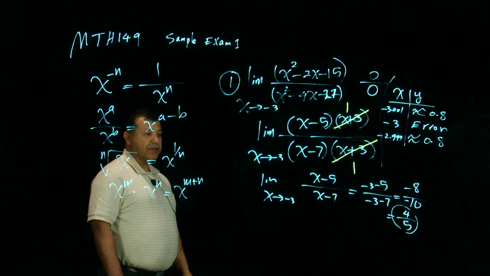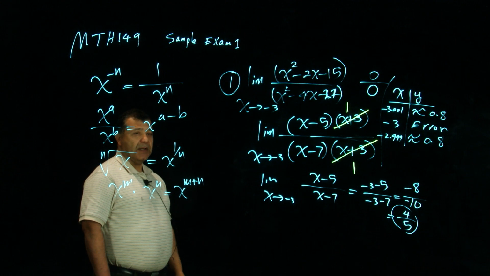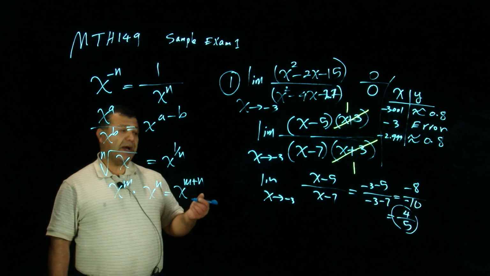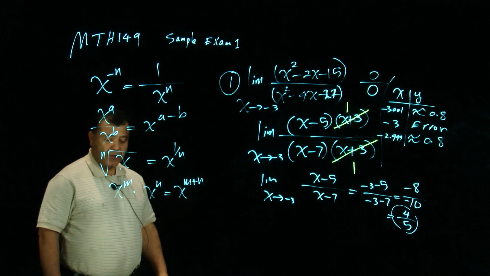Now, looking at this problem, you're going to see that the limit doesn't mean the actual value. It means approaching. Like if you're looking at the graph, it's coming from the left or right-hand side of